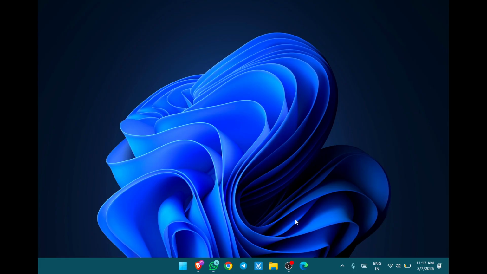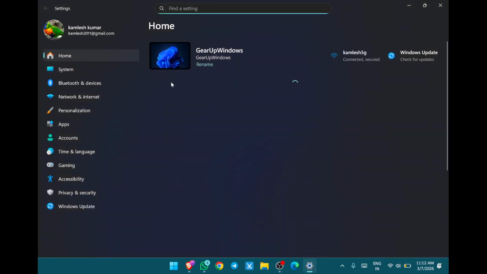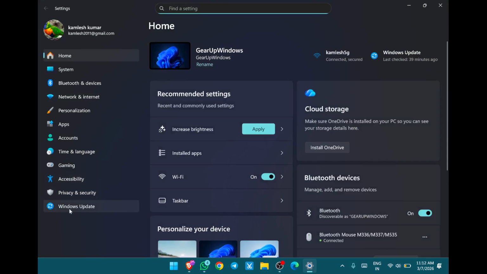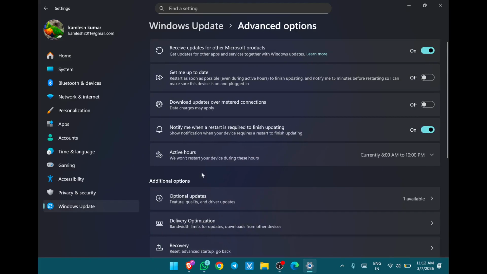First, press Windows plus I key on the keyboard to open Windows 11 settings. After that, select Windows Update in the left sidebar. On the right, click on Advanced Options. Here you will find a setting called Active Hours. Windows will not automatically restart your device during these active hours. Click on Active Hours